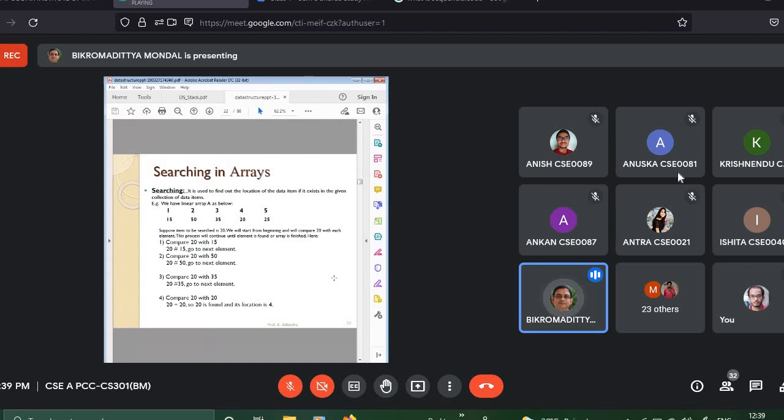Now if I slightly modify the thing, that you check the presence of X in that array, and if X is available, then remove it. Now what you have to do? You have to check the presence of that element, and also you have to delete that element.